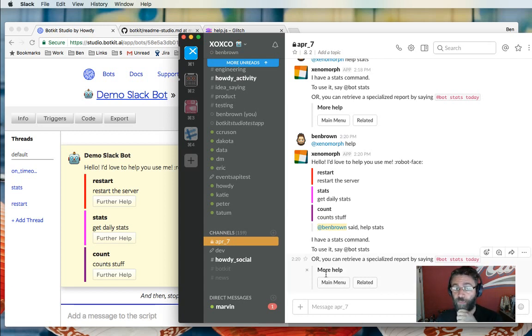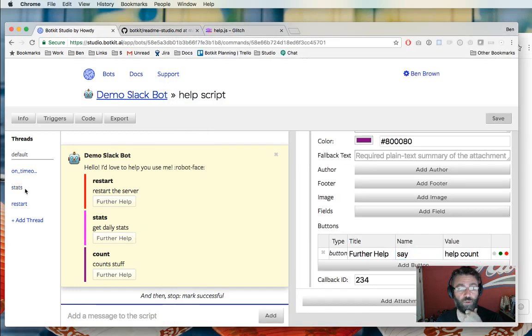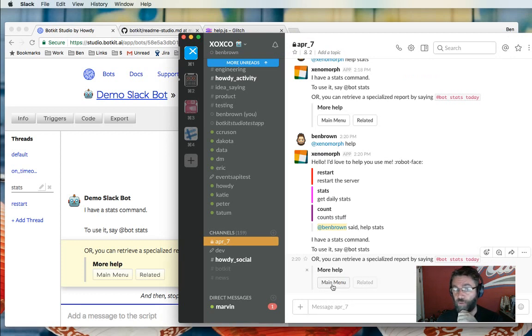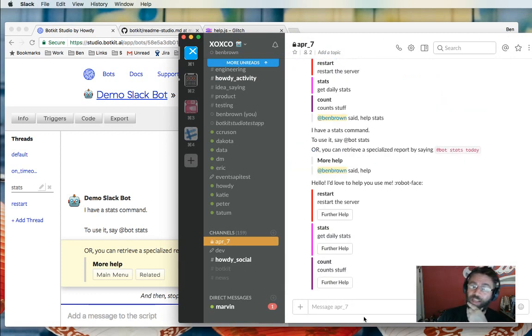help. These additional buttons can also be set up to be say buttons, and I believe I've done that. Yes. So now I can say main menu and navigate my way back to the original menu. Right? So again, no typing necessary, no code necessary, but now I have this open-ended navigation path for the user to explore, to find help, and I can even, if I wanted to, trigger these commands using say buttons directly from the help file. So instead of navigating to a sub-command, I can navigate to a completely different command. So that opens up a lot of really interesting potential, we think, for creating these kind of experiences and controlling